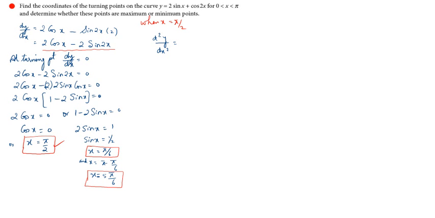When you differentiate this, you will get minus 2 sin x, minus 2 sin 2x means minus 4 cos 2x, since the derivative of sin x is cos x. So this is equal to minus 2